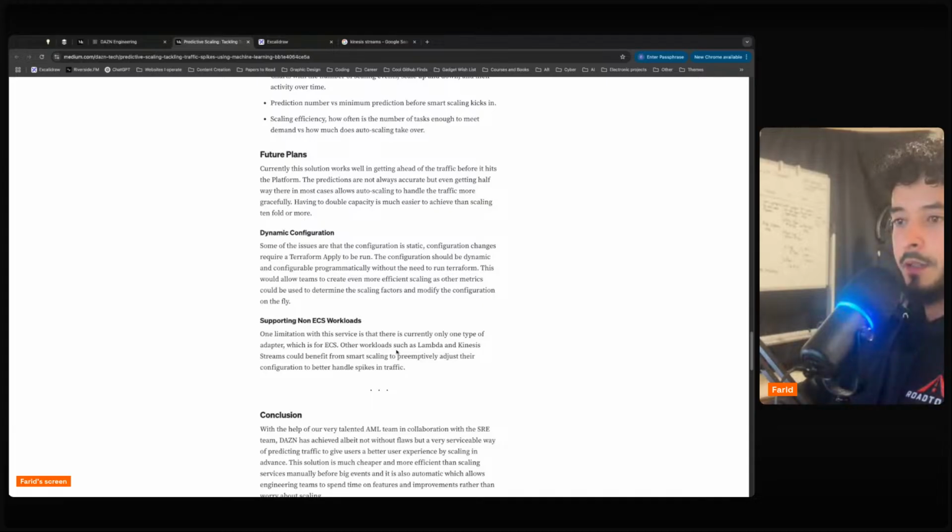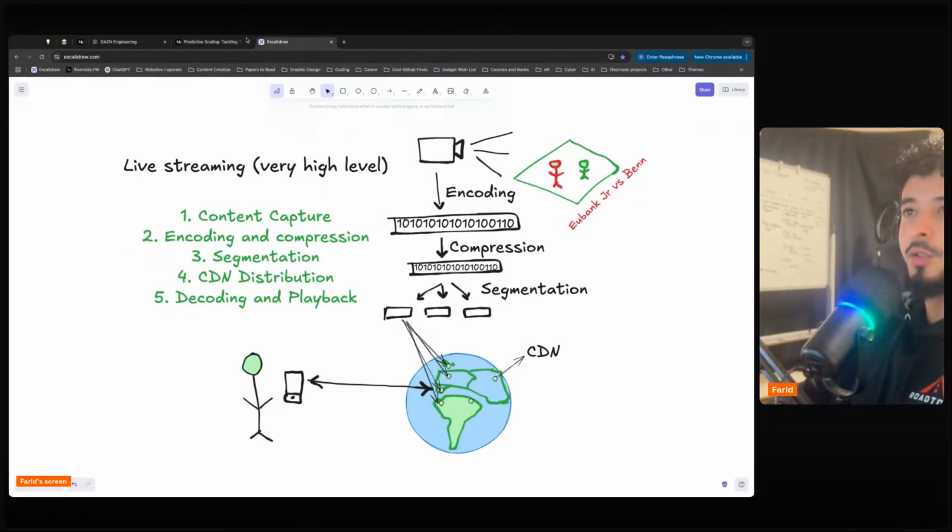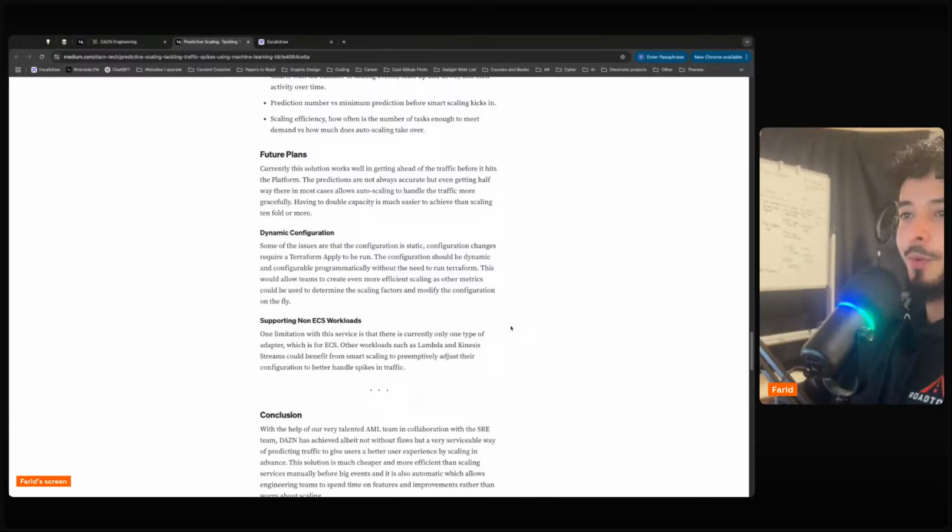So an example here, like Kinesis streams. I don't know what that is, but I need to know to be able to understand what they're describing. It's something specific to the Amazon ecosystem. And that's not from a lack of understanding, that's from a lack of experience using AWS. I've never used AWS, so I would never know what Kinesis data streams are. So yeah, always do that. That's my top tip of the day.